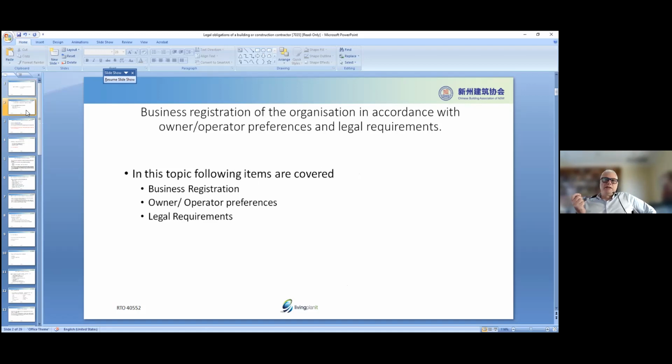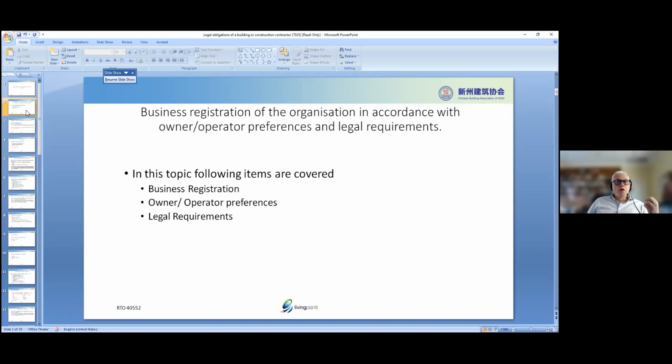All right, the first thing we need to do is to register a business. Now, this really depends on the nature of your situation. So everyone's going to be different. Some people will register a business as a sole trader, in other words, using their own name and just operate that way. Others will have a preference to run it as a company, so it will be a proprietary limited company. And others may require it as a partnership, where 2 to 20 people can be in a partnership.